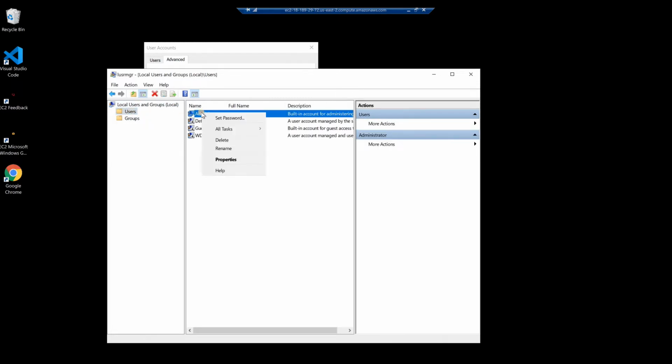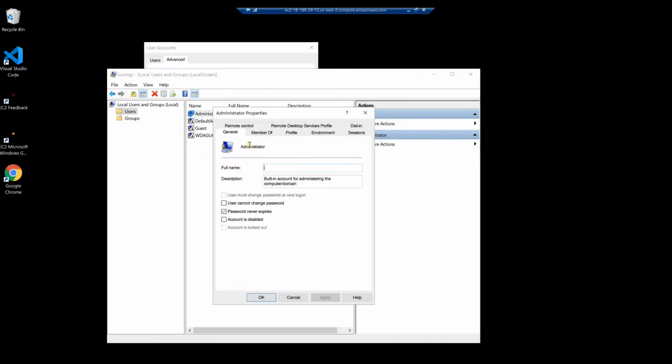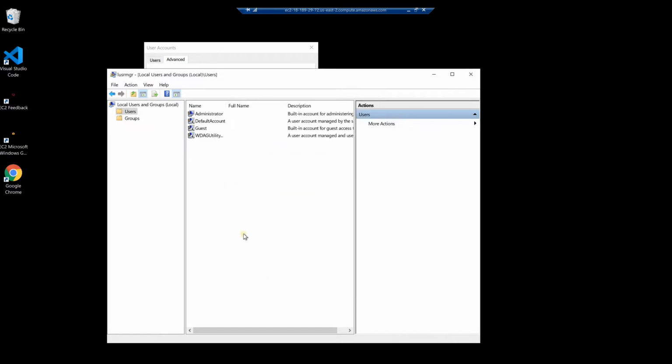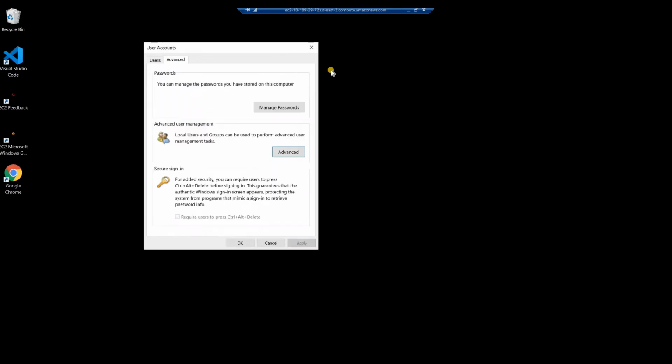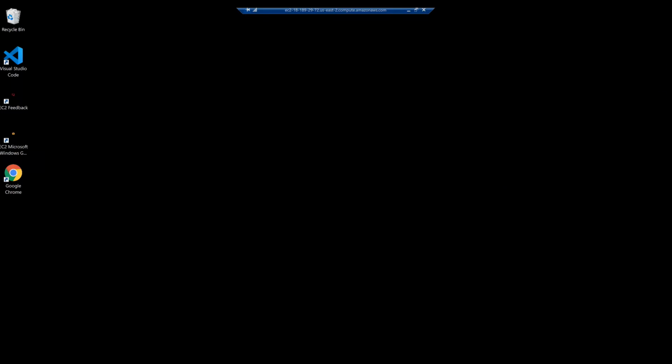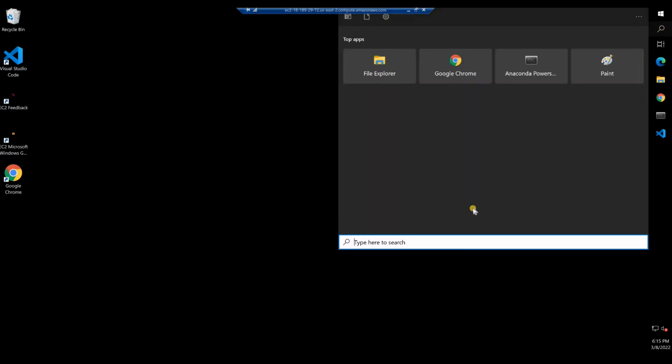Right-click on Administrator and select Properties. In the Administrator Properties, click on the General tab. Check Password Never Expires. Click Apply. Click OK. Close all windows. In the Windows search bar, key in gpedit.msc